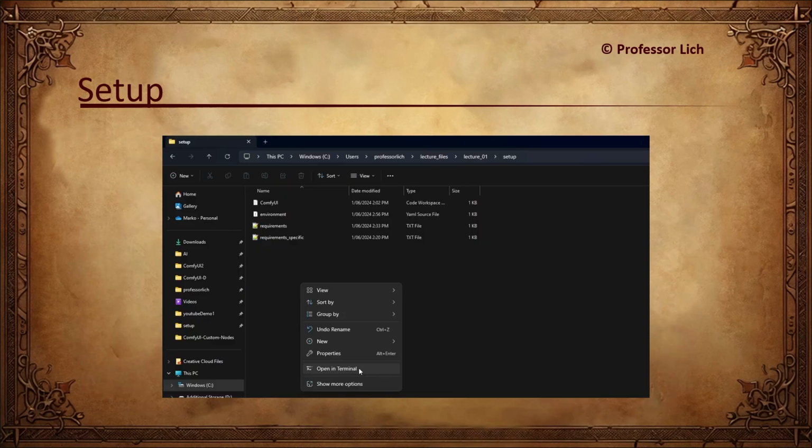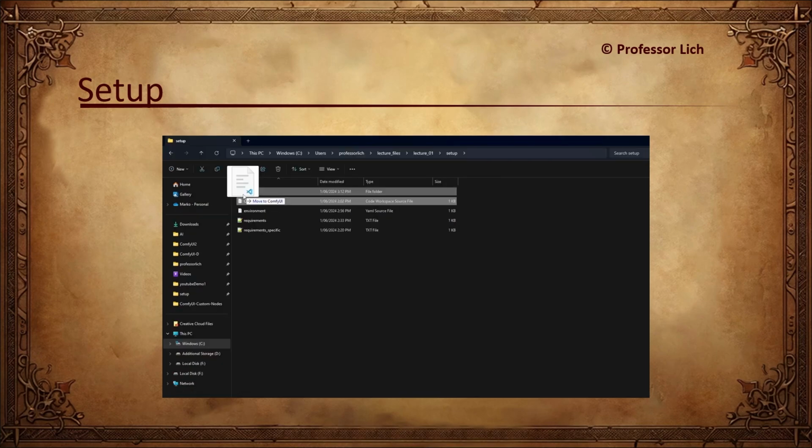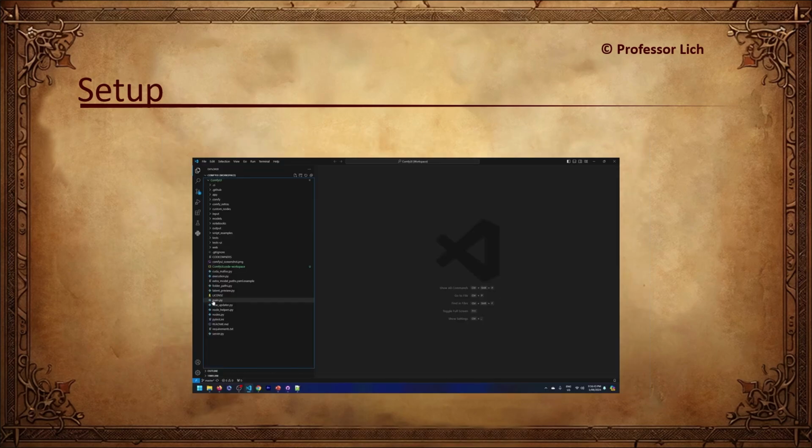Once you've done all that, you right-click where you want Comfy UI to be, and you open the terminal and git clone, just as you normally would, and the same for the manager. And that's it. I am sharing with you my workspace file for Visual Studio Code, which has all my settings, so you can use it. Just drop it in the Comfy UI folder and double click to open the program. And this is what you should see. This is how we'll know if we're on the same page.